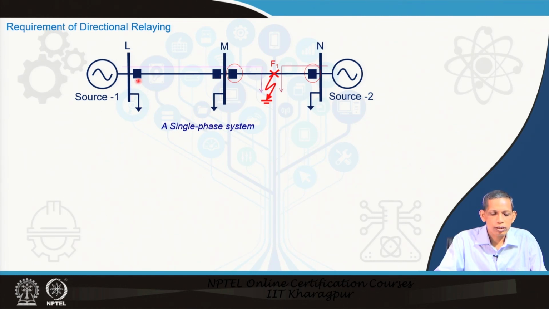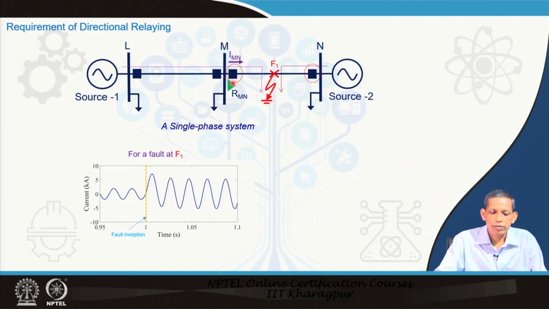Now, one may say that we will trip this breaker here from this side also, that means that the load at this also will be hampered. So, from selectivity point of view, for F1 fault here, we essentially say that the breaker at M bus, this breaker and this breaker should trip, that is the desirable thing for the protection scheme. However, in case of a failure of the breaker at this point, the backup breaker here should operate. Now, on this perspective, we see that the relay for the corresponding breaker at this point,